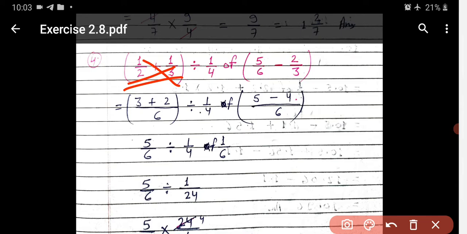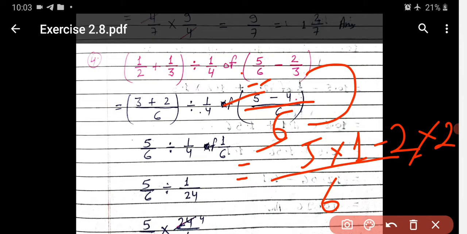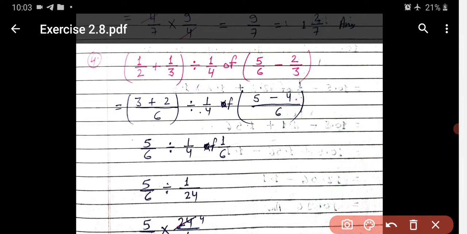Now show the bracket. Okay, they are showing by a different method. When you take the LCM of 6 and 3, it becomes 6. Okay, now 5 as it is in the table of 6. Okay, I will show you a long calculation. See here, 5 as it is, LCM is 6. Now in the table of 6, LCM will come only one time, so multiply by 1. Minus 2 into, in the table of 3 LCM will come 2 times. So what it becomes, 5 ones are 5, 2 twos are 4. So they are writing directly 5 minus 4 by 6.